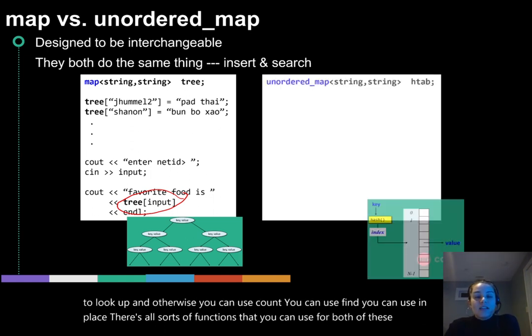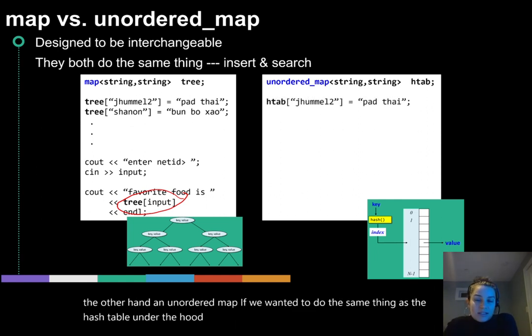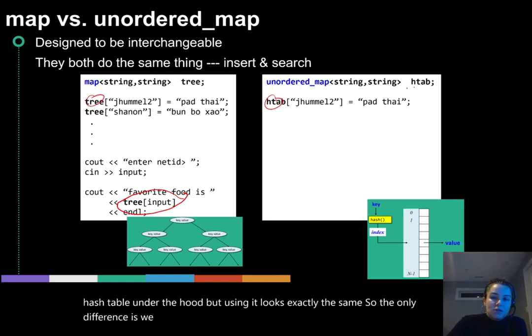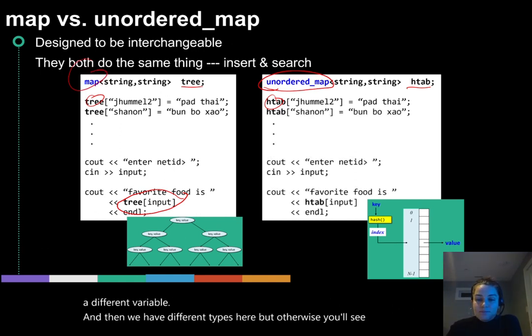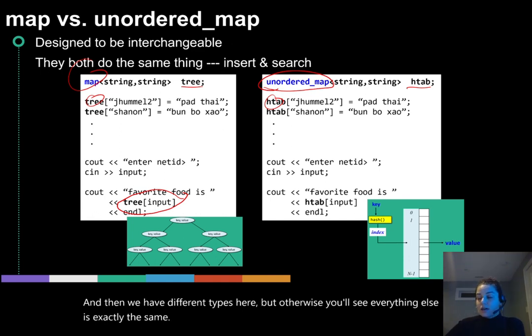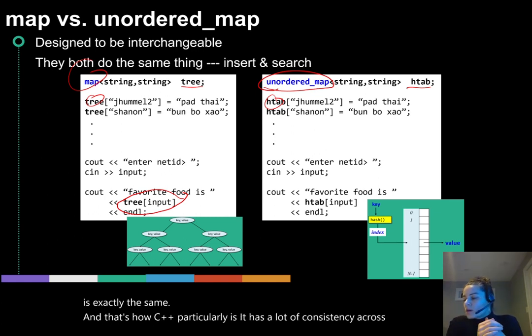On the other hand, an unordered map, if we wanted to do the same thing, has the hash table under the hood, but using it looks exactly the same. So the only difference is we have a different variable here because we've set it up with a different variable, and then we have different types here. But otherwise you'll see everything else is exactly the same. And that's how C++ particularly has a lot of consistency across containers. Okay,